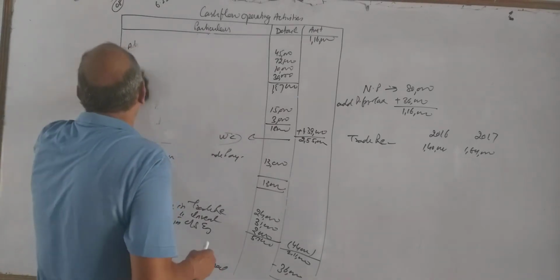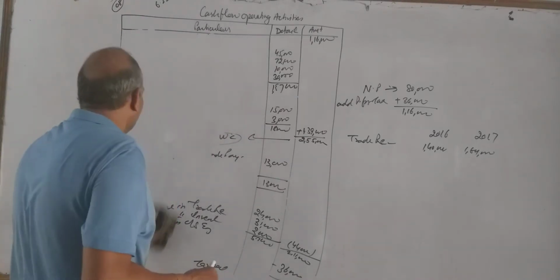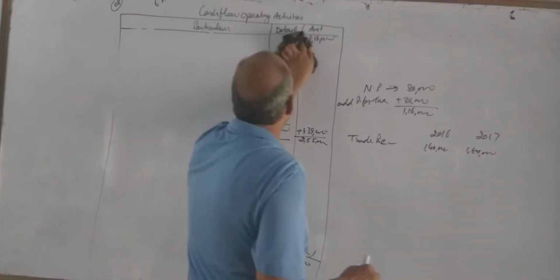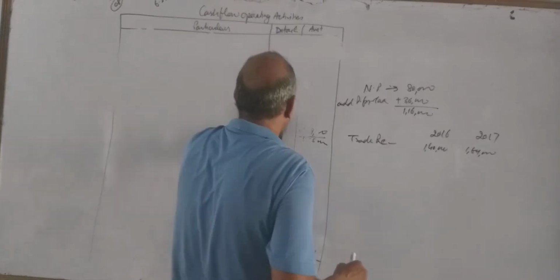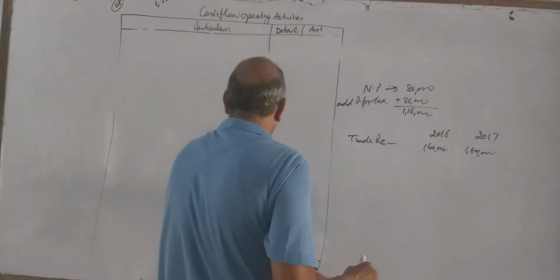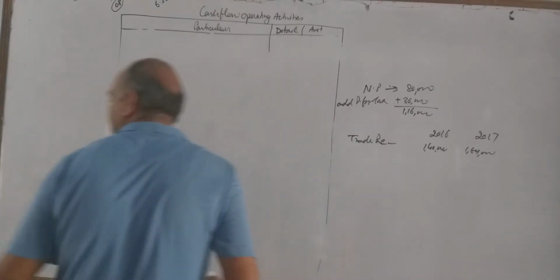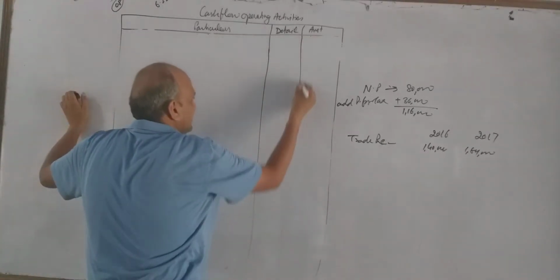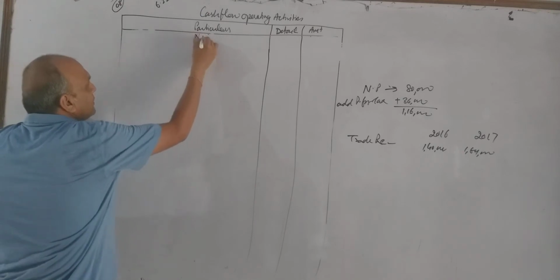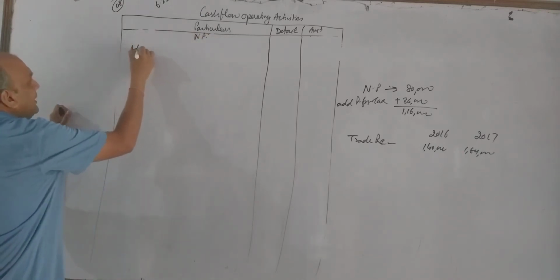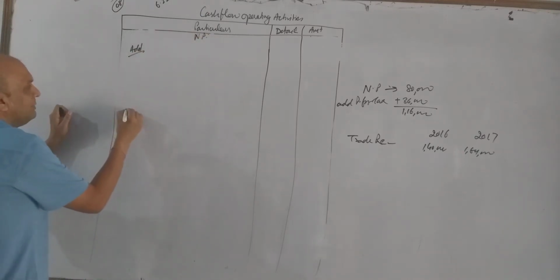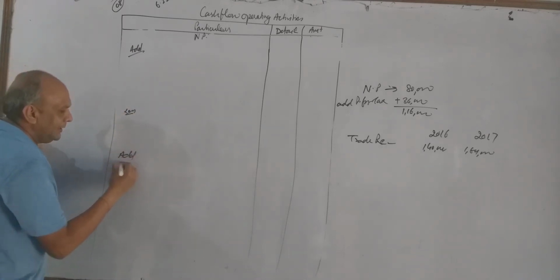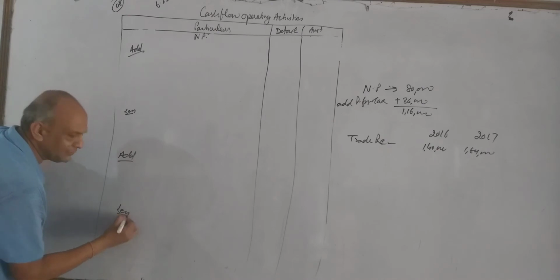Now we will do one more sum. I will read this sum and write the less items over here. You will do this sum now yourself. The format remains same, my dear friends. First item we are going to write is net profit. Then the add portion should be more, less portion should be less. Now again add, and these two columns can be of equal length.